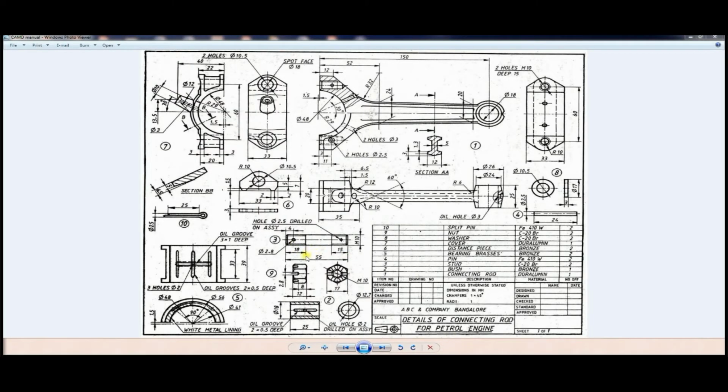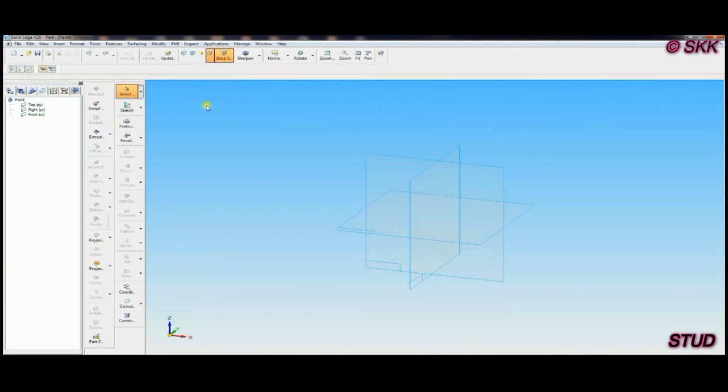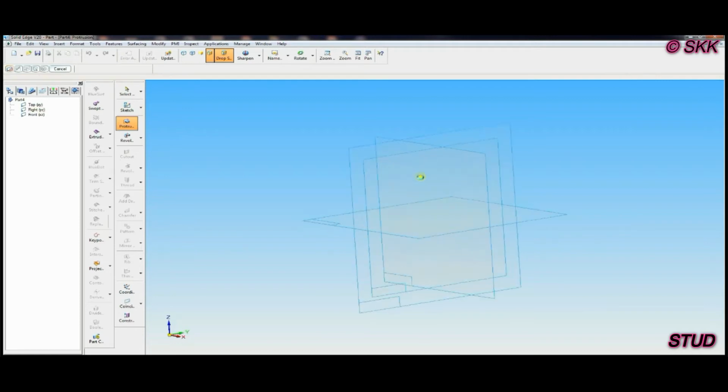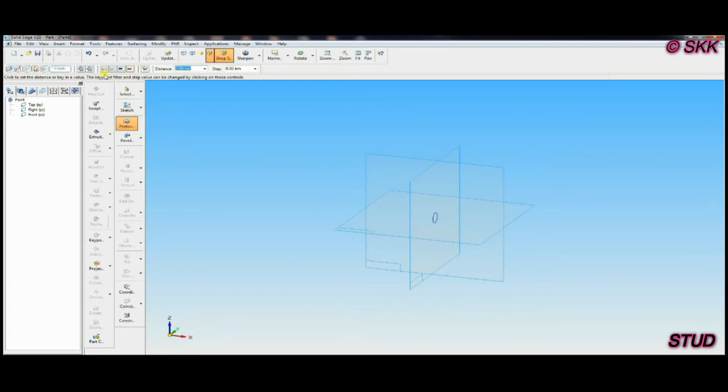Now we'll go for the stud, part number 3. Stud length is 55. For the two holes, you can see diameters 2.5 and 2.8, and the distance is 4 mm each side. So solid part, protrusion, then go to right profile, draw a circle of diameter M10, 10 mm diameter, then return. Symmetric extent, length is 55, then finish.